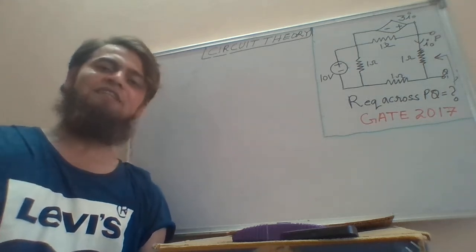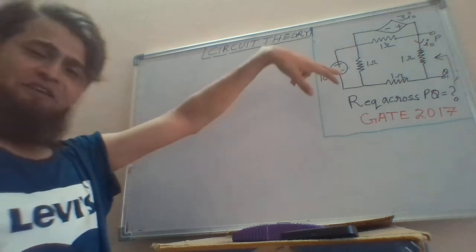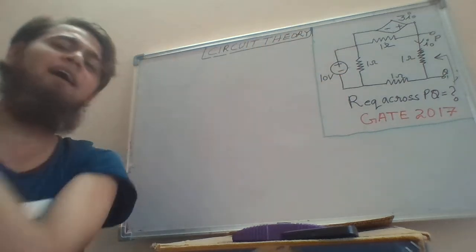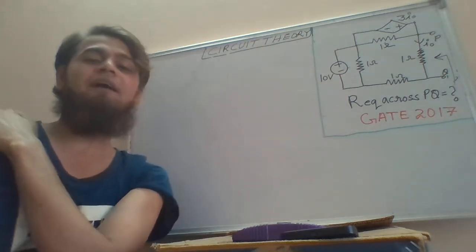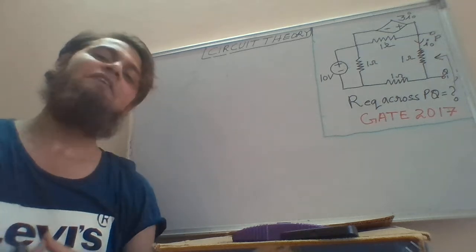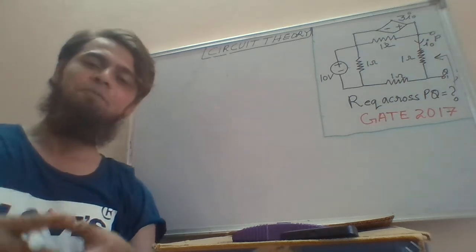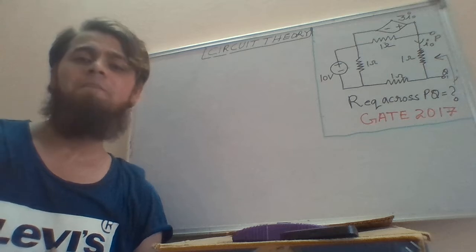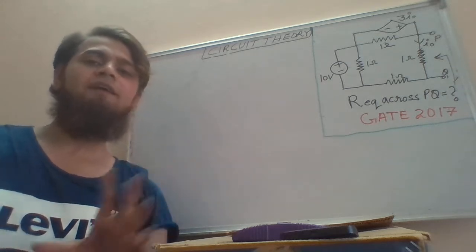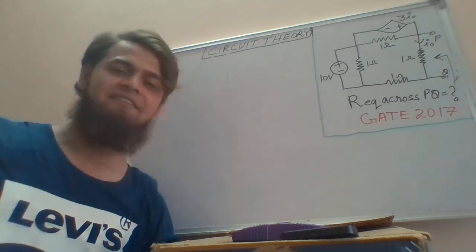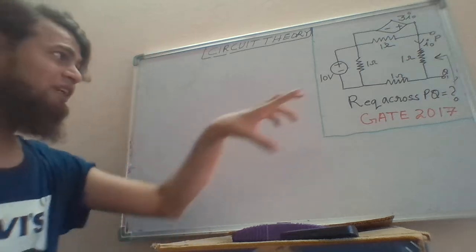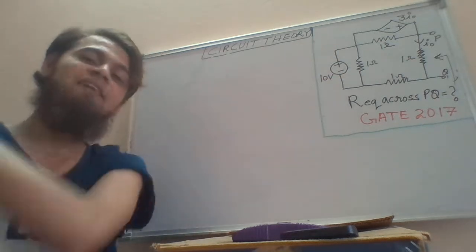The only change will be that sometimes 2 ampere of current will pass through this battery, sometimes 4 ampere, sometimes 10 ampere. But as far as the potential difference that this battery produces is concerned, that is going to be 10 volt only. So this battery is pretty insensitive as far as producing the potential difference is concerned.